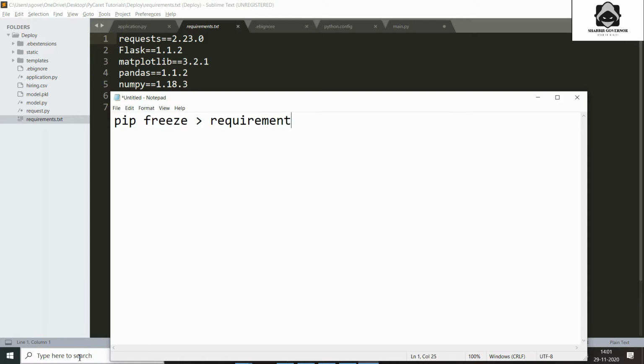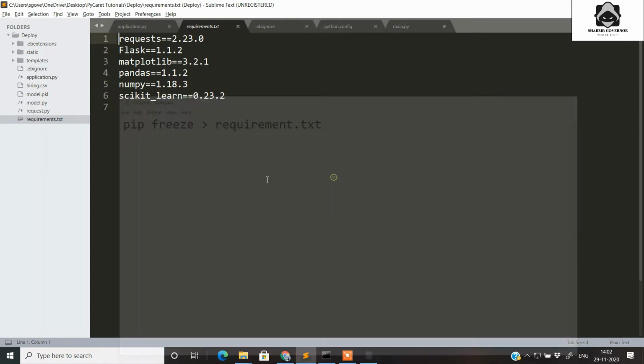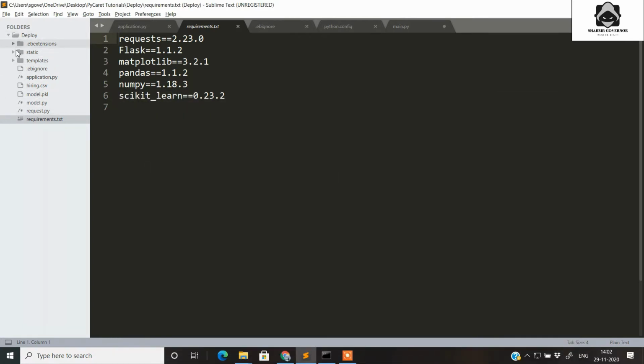and redirecting the output to requirements.txt on your command prompt, whenever you are working with a particular environment that you have created. You can do this to get the requirements.txt, or else I have shown how to get the requirements.txt using a module called pipreqs if you are not using any environment. In my particular case, I have not created any environment. I have directly created this requirements.txt using pipreqs.